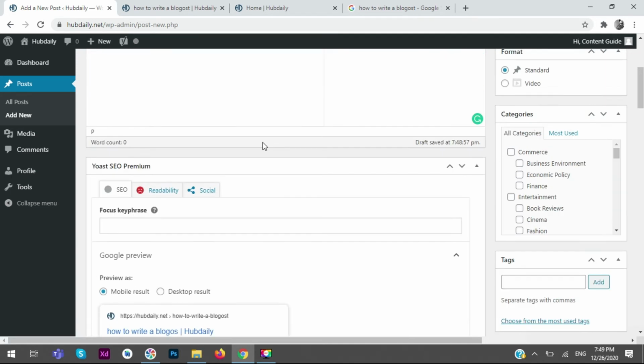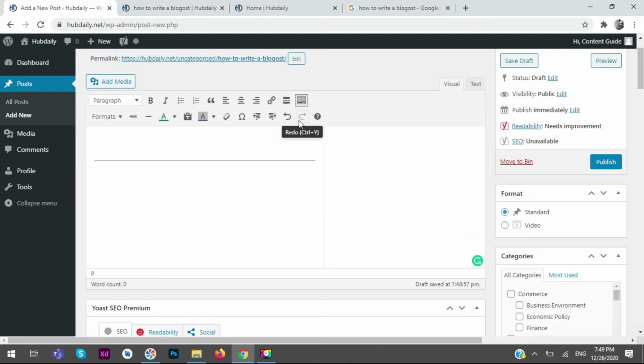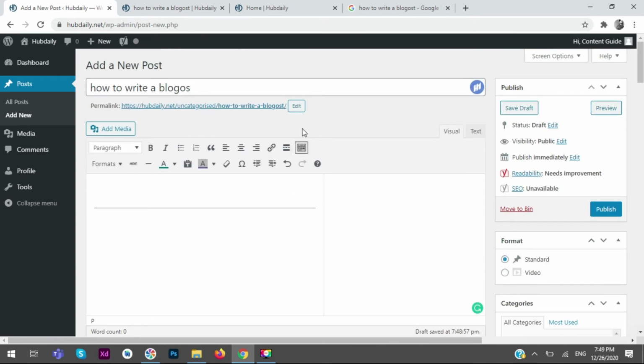So this is basically a checklist which you have to check before publishing your article, which checks that your article is SEO optimized or a search engine can crawl it easily. And there is a separate video also on the usage of the SEO plugin. You can check that video. I will give the link for that video in the comment section also.